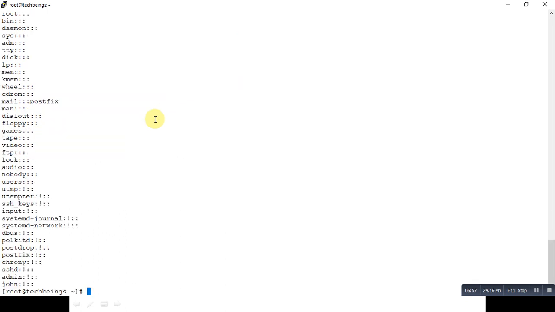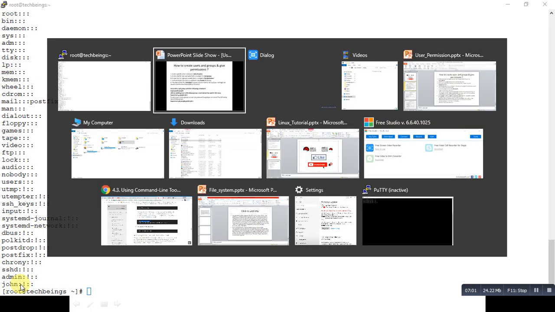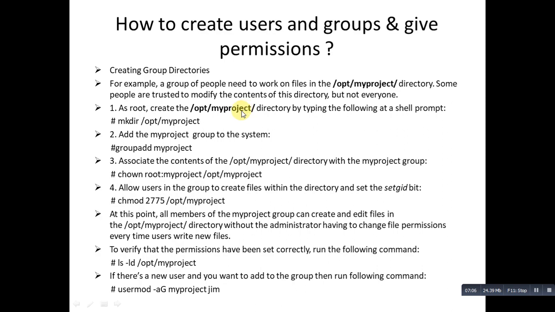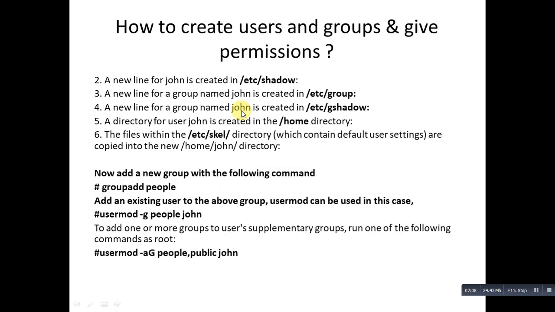So till now there are four changes that have been made to the system: /etc/passwd, /etc/shadow, /etc/group and /etc/gshadow. These are the very basic changes that everyone should know.